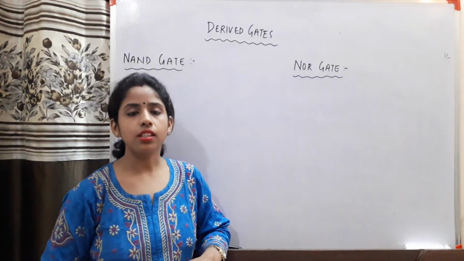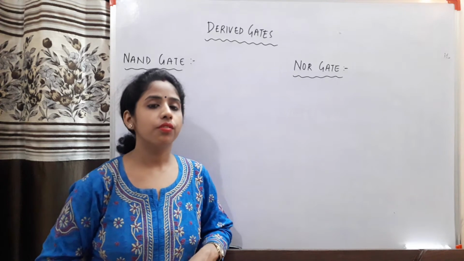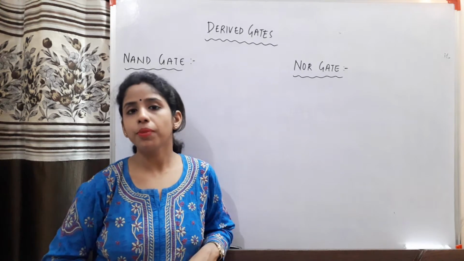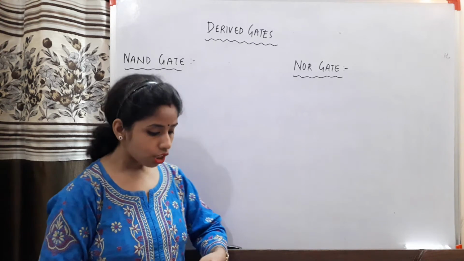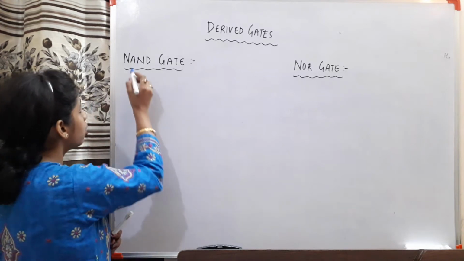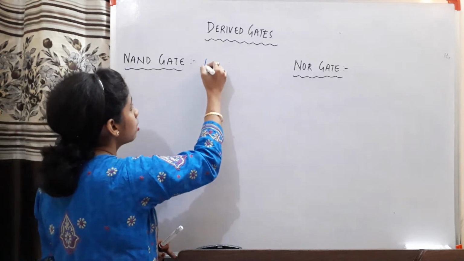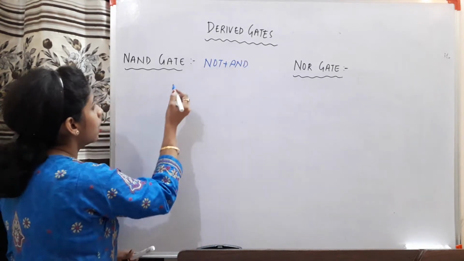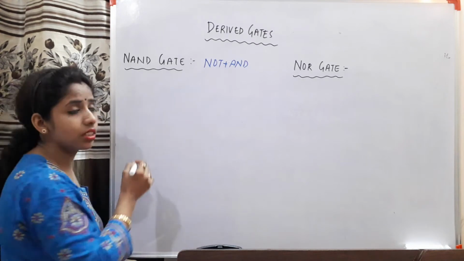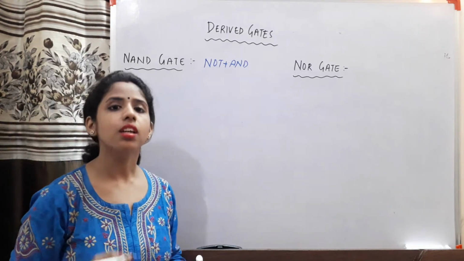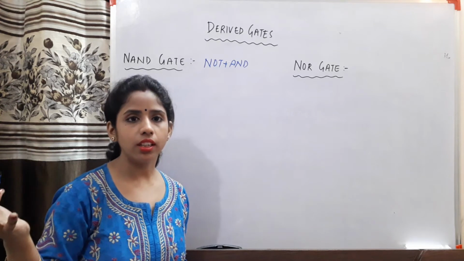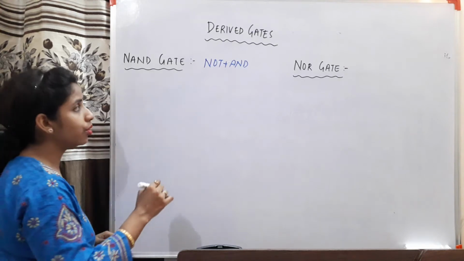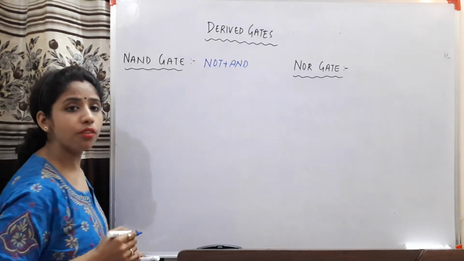So now let us discuss the two very important gates called the NAND gate and the NOR gate, which are made up of the three basic gates, that is AND, OR and NOT. I have already told you that this NAND gate is made up of NOT plus AND. Every gate has a symbol, just like you had in the case of AND, OR and NOT. In the same way you have this NAND gate also, and see how it looks. Like I told you, it is a combination of NOT and AND gate.